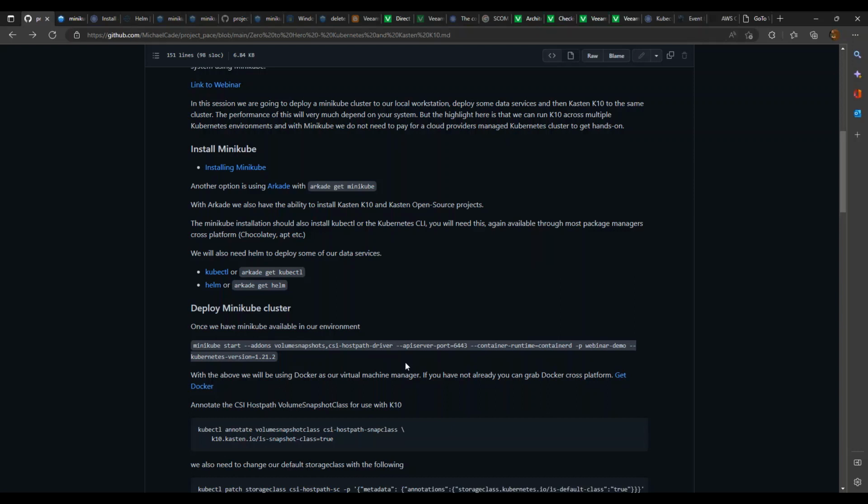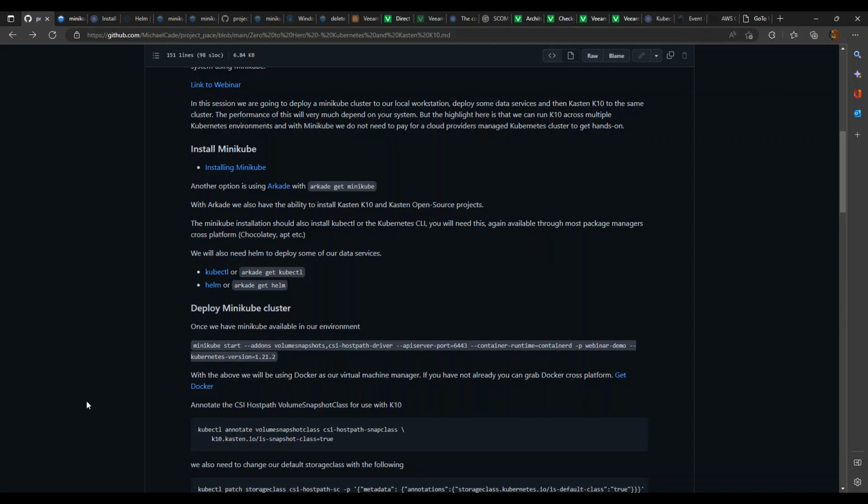We have also specified at which port the API server should run. And we have specified the container mode it has to use. In this case, container runtime equals containerd. So we'll be creating a containerd type